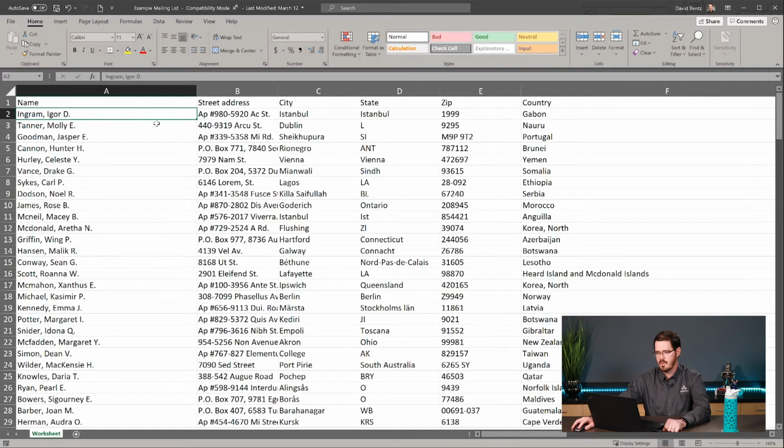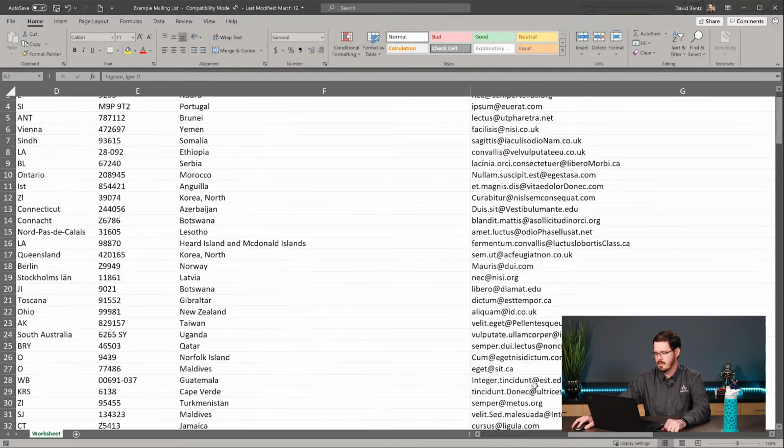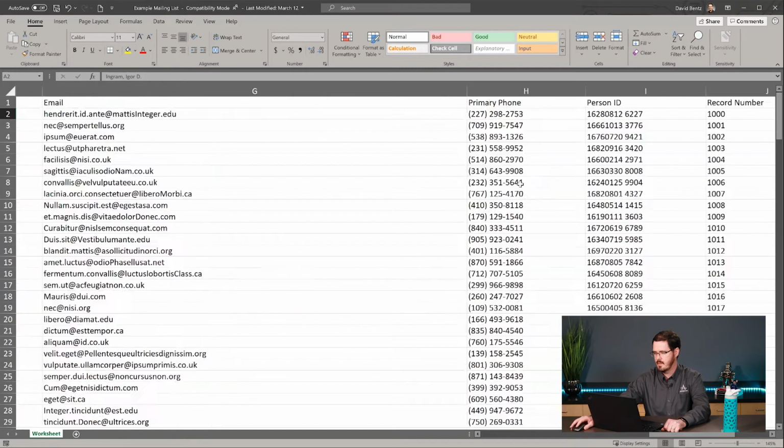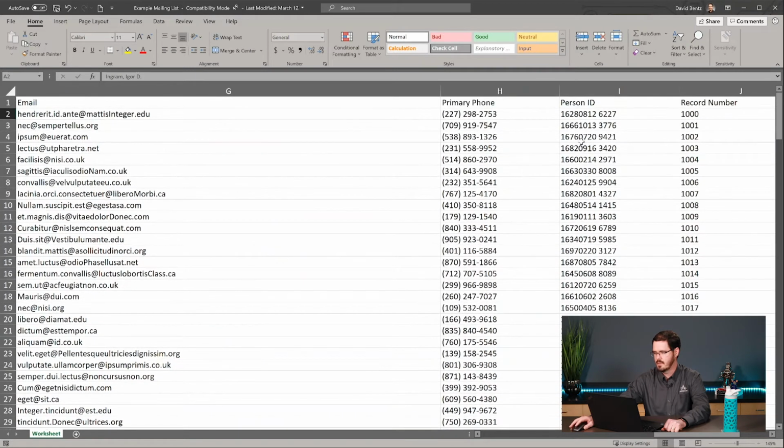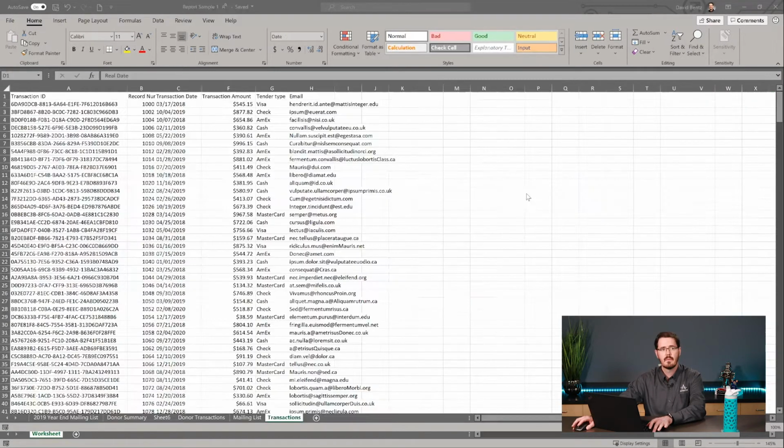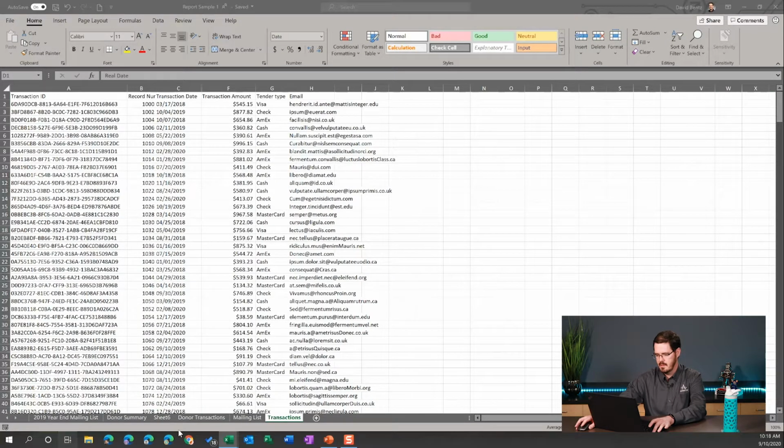We've got the name of the person, their street address, city, state, and zip, and then as we scroll over, we can see an email address and phone numbers, and then a couple of fields that are going to be of key interest to us here. We've got a person ID and a record number field. And then in addition to that, hold on just a second here,